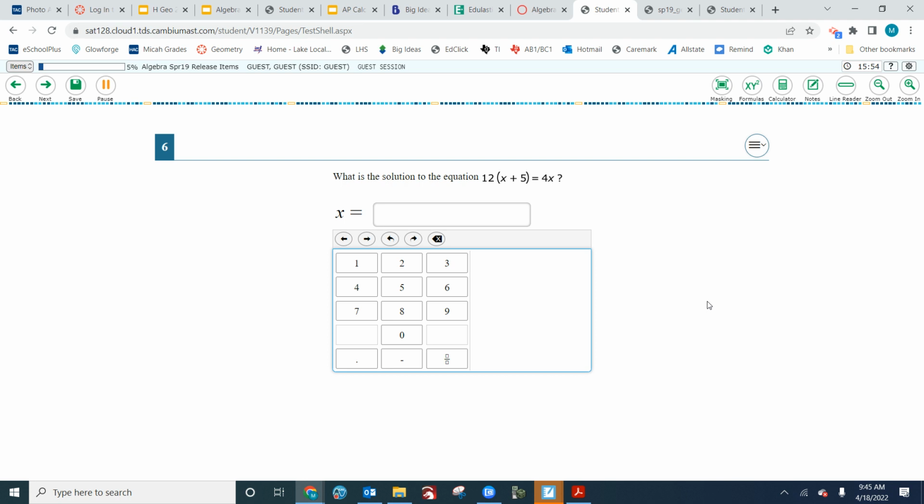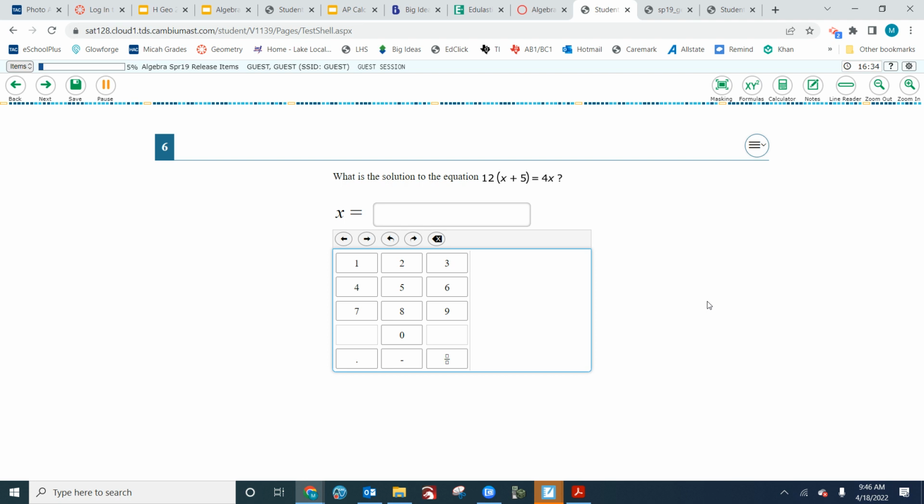3x. I forget how to do this. This is you. What's the first step, Leah? What are you gonna do? I did the parentheses first. There's nothing to do in there. Yeah, I took the 12. That's it. What's that called? Distributive property. Okay, what do you got? I got 12x plus 60 equals 4x. Okay, there's only 4x over here, so what do we do?